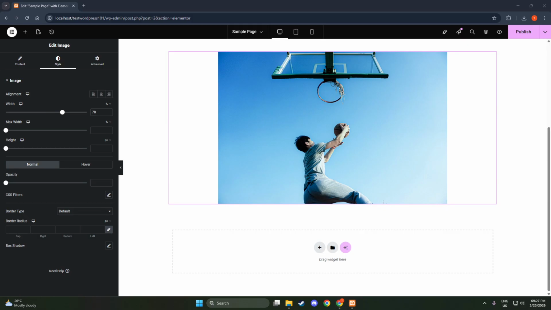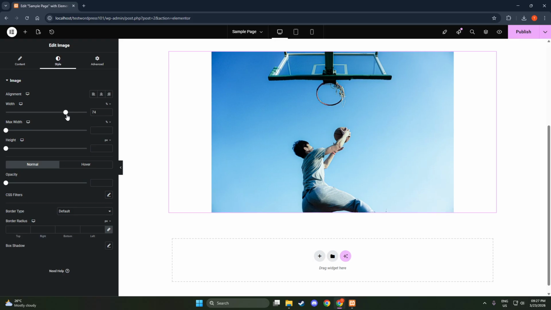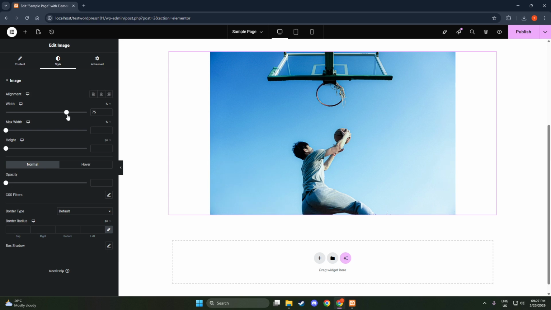You can also choose an image size from the dropdown, such as thumbnail, medium, large, or full. This doesn't just change how it looks, it selects which version of the file is loaded. Picking a size close to the actual display width keeps your pages fast and crisp. If the image is only shown around 400 to 600 pixels wide, medium or large is typically better than full. Use full only when you truly need the original resolution to display at a large size.